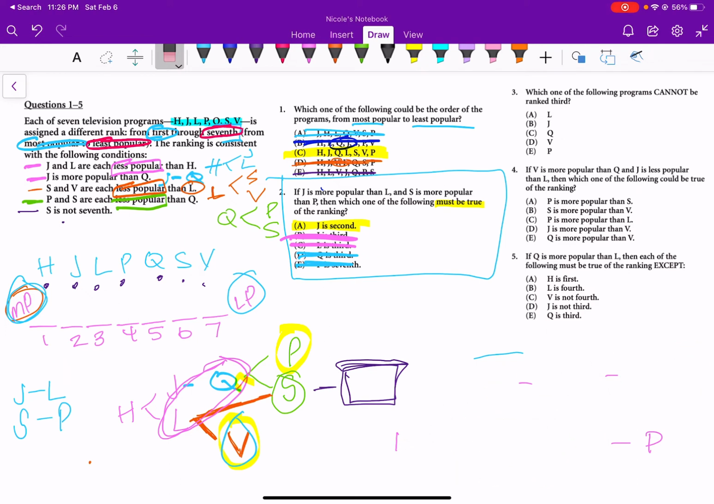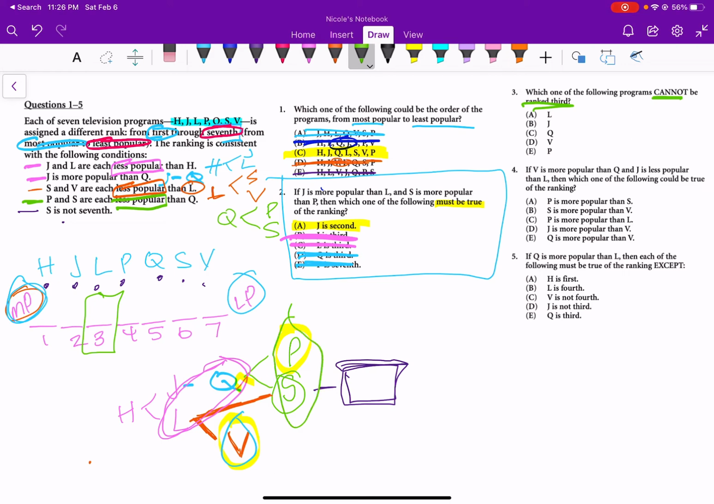I'm going to erase this because whenever we have one of these new rules, it's only for that question. So once you're done with that question, you go ahead and just, you don't consider that rule anymore. It says, which of the following programs cannot be third? So if we were looking at this, we're looking for who cannot come third. A couple different guesses here would be that